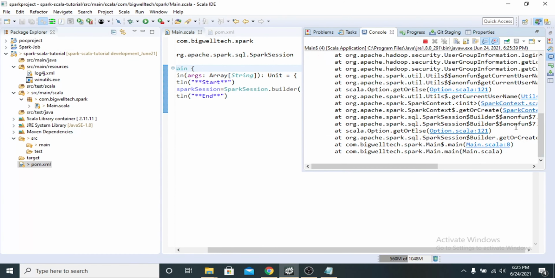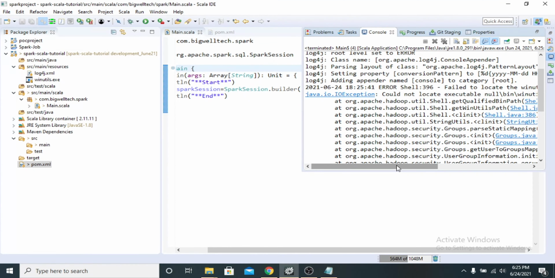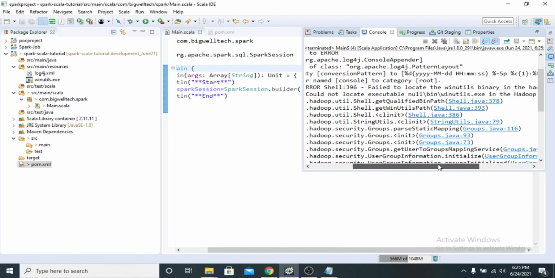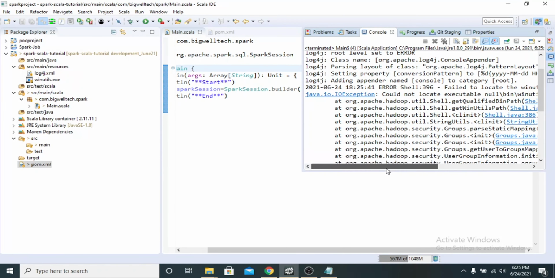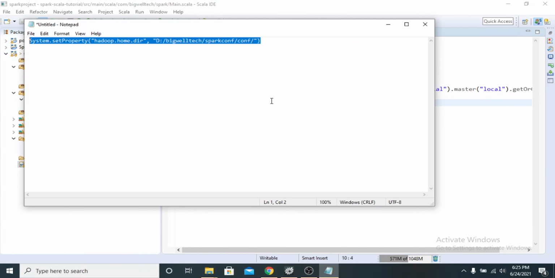Now you are getting an error: could not locate executable null\bin\winutils.exe. If you are running Spark in a Windows environment, you need to add winutils. For that, this line of code will work.